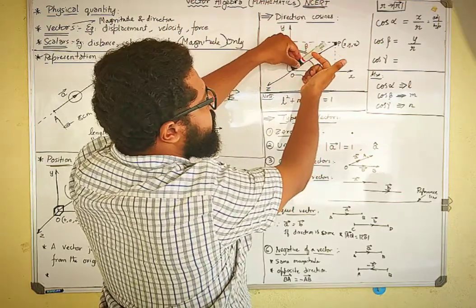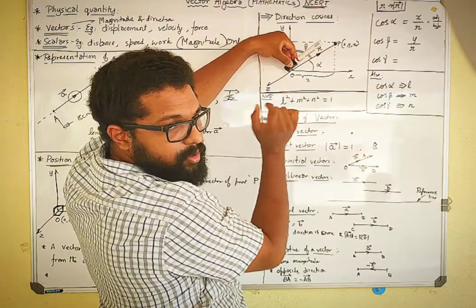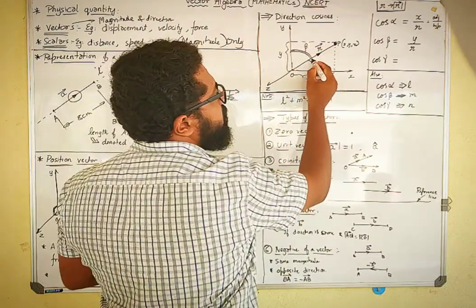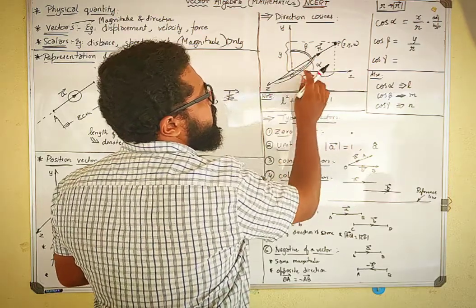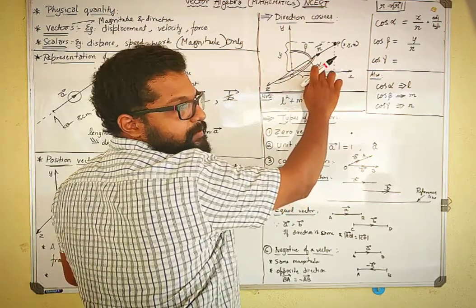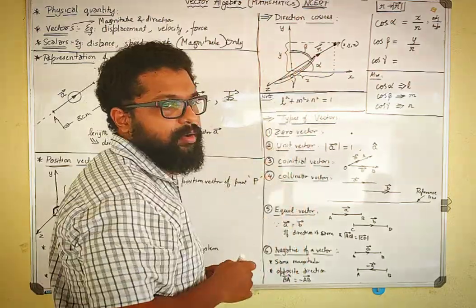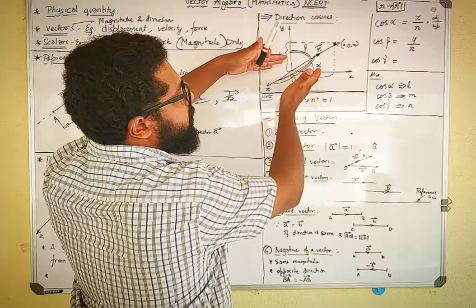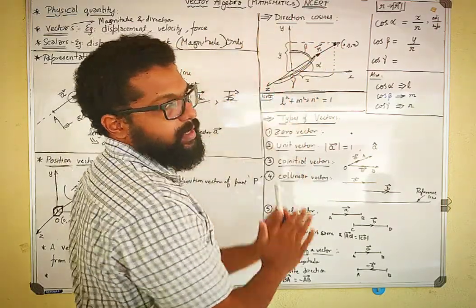And whatever angle it is inclined with respect to the z-axis, which is not possible to show on the board, I'll show it as three lines. You can see that 1 denotes alpha, 2 denotes beta, and the third one denotes gamma. These are the angular positions with respect to the x-axis, y-axis, and then z-axis.